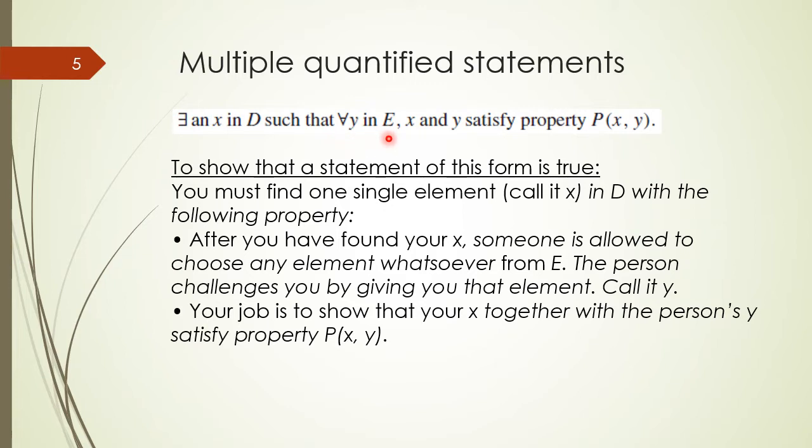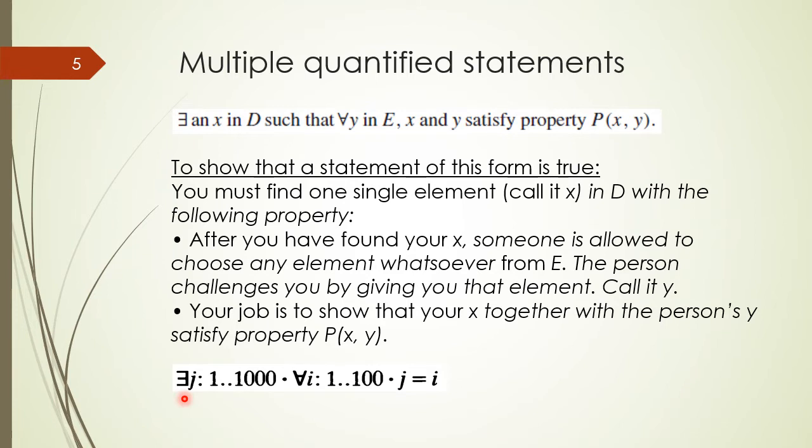To show that this statement is true, you need to find at least one student in section D who has CGPA greater than each and every student in section E, then the statement would be true. Now we consider an example for the multiple quantifier statement